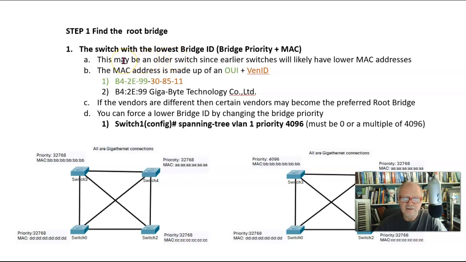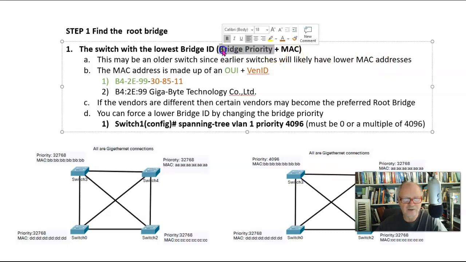Now, this may mean that the older switches tend to become the root bridge. And the reason for that is, remember, the bridge priority 32768 is the default. So all of them by default are going to have 32768 unless we change it. Now, the MAC address then is going to become the factor that makes the difference, and a MAC address is